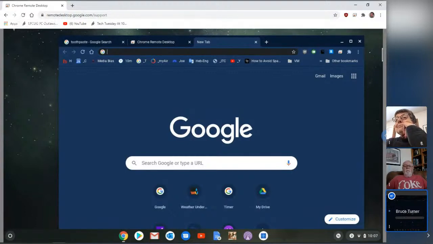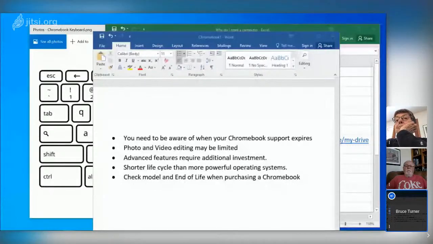So we're going to go back to a different screen here. I'm going to share a different screen. And I'm not going to stay there too long because if I stay there too long, my remote session will go away. So we'll be popping back there in a little bit. I haven't quite figured out the timing on that yet, but I'll bet it's about 5 to 10 minutes. So we're going to share my other screen over here, and we're going to share this screen over here. And now you see